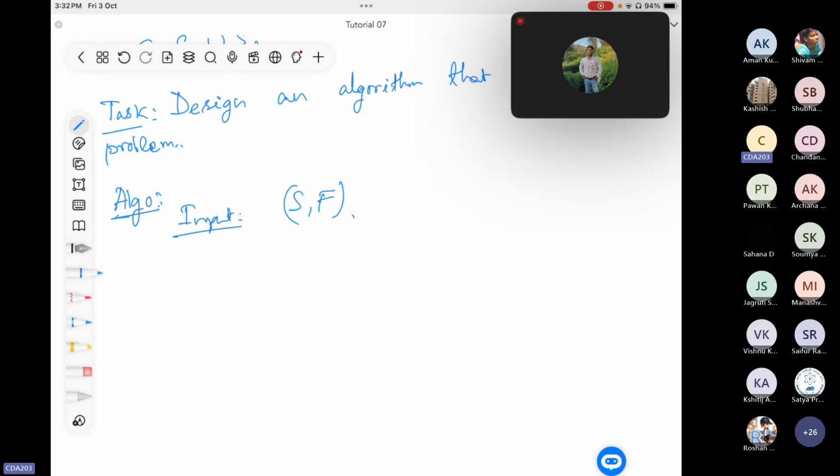So what is the best choice? You want to cover the maximum number of elements of S in one go. Okay, so the first step is that we choose the maximum subset Sj of